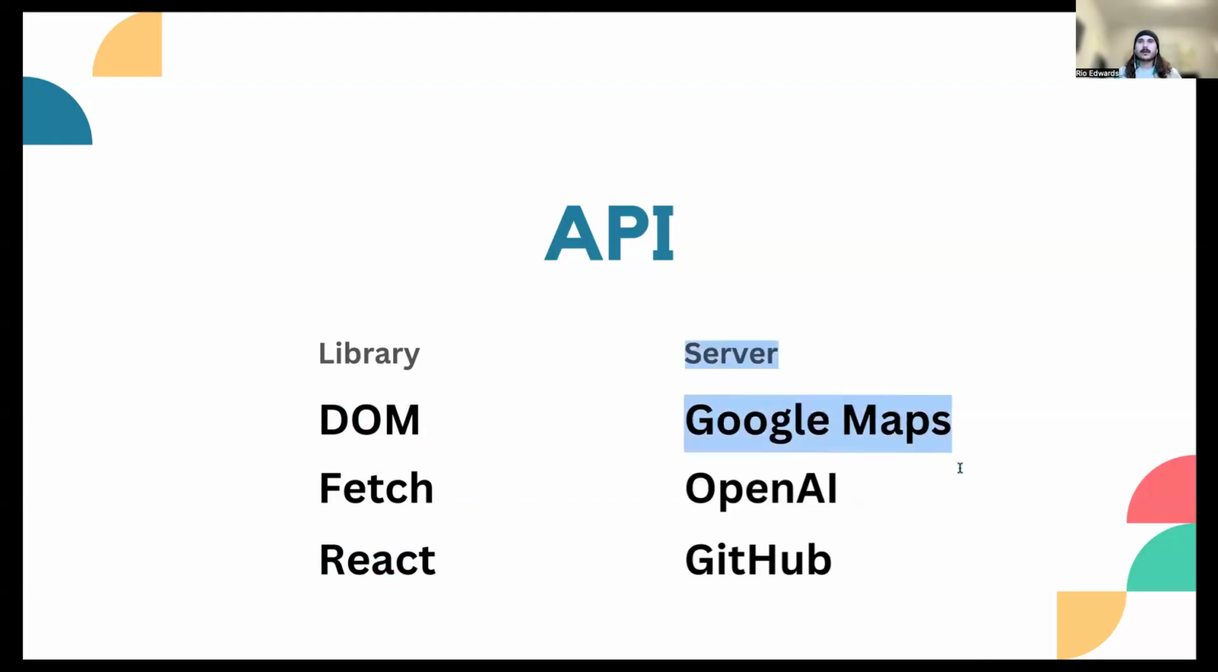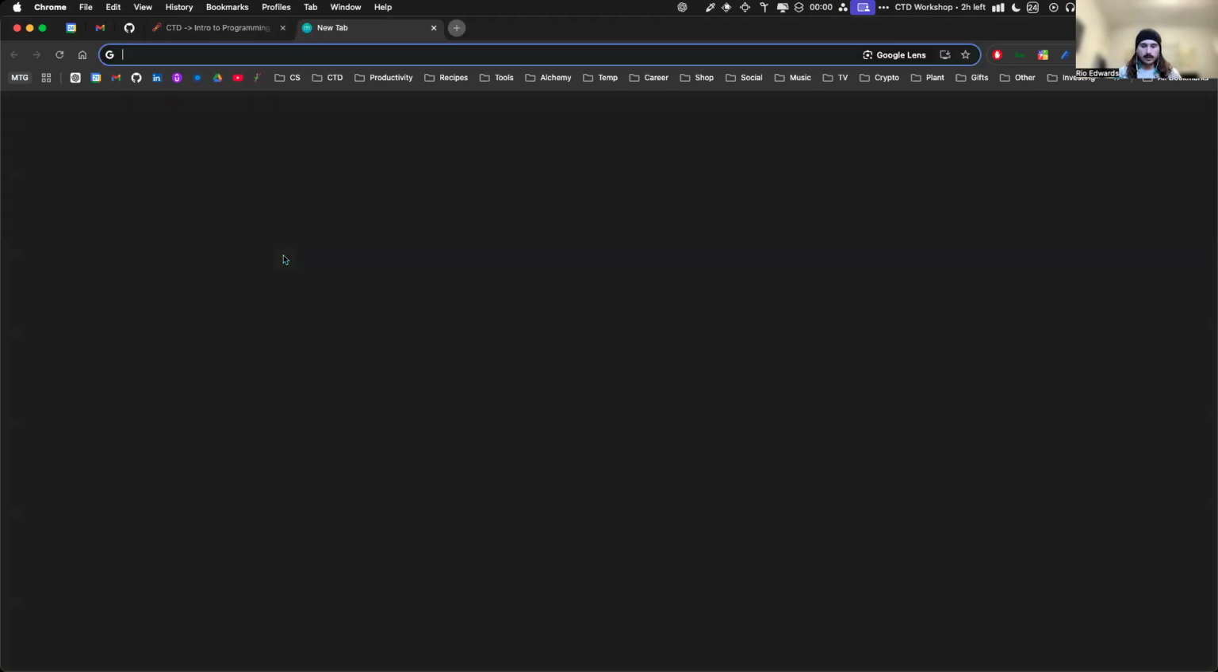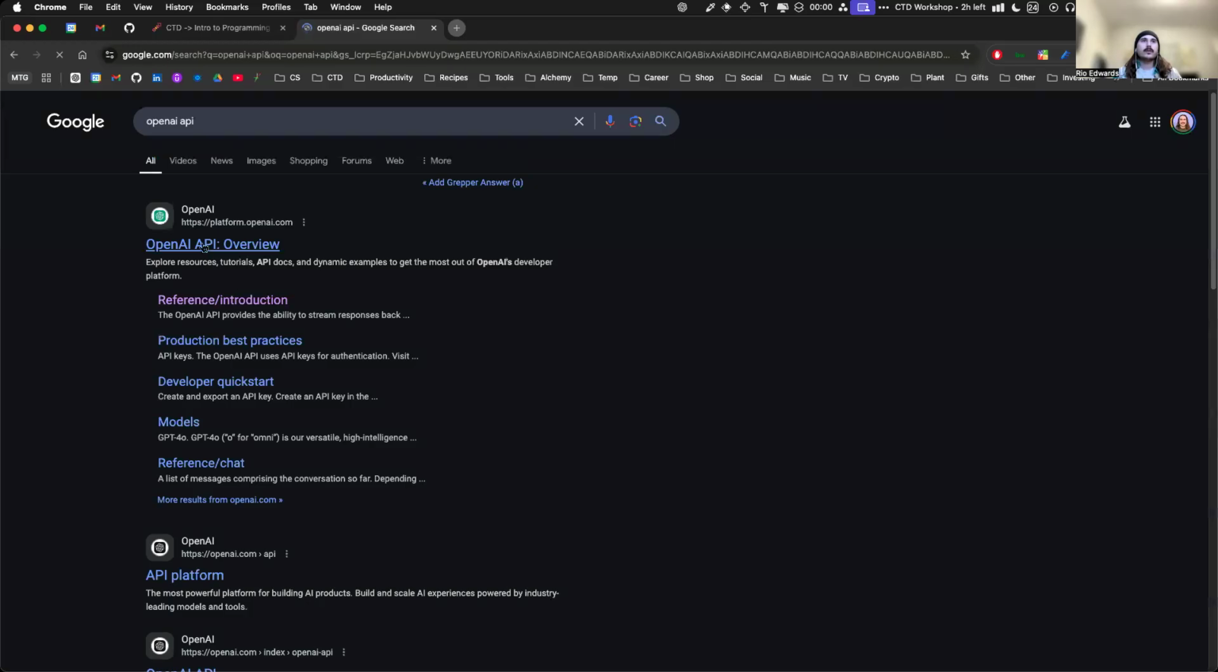And then the other type of APIs are servers. The Google Maps server, there's an API that you can use, OpenAI and GitHub. And I might as well, really quick, I could show you the OpenAI API. If you look that up,